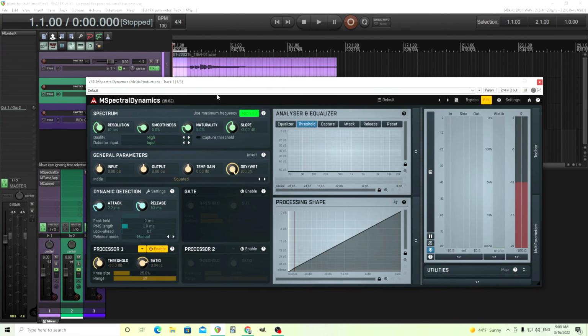Something I should also say is about the capture. When you saw me do this, you're thinking, hey, I don't see anything in the capture. The reason that's happening is because the noise is so low in level you can't really see it. If I boosted the temporary gain and do this,